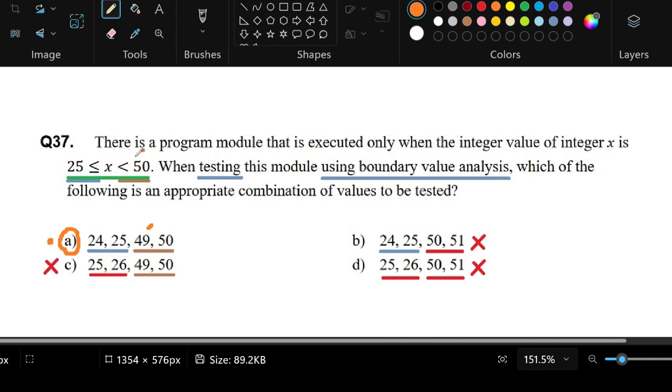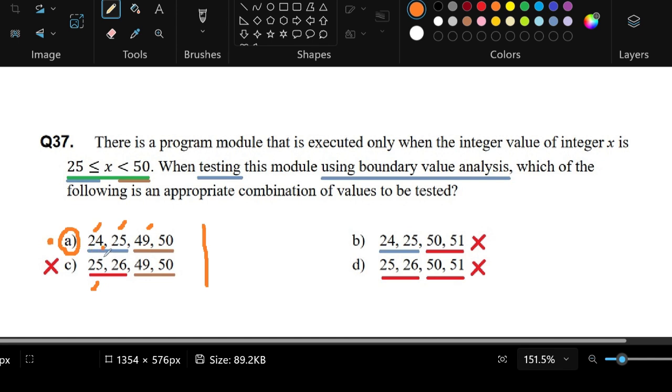Now if we test that with the first part, we have x is greater than or equal to 25. Now, because we have the equal sign here, then I thought that 25 should be included. Alright, so if we look at the choices, we are now down to whether it should be A or C. 25 is here and 25 is here as well, so both have 25, except letter C has 26 as the number beside it, while for A, it would be 24. So if we were to choose between A and C, it looks like the correct answer would be letter A,